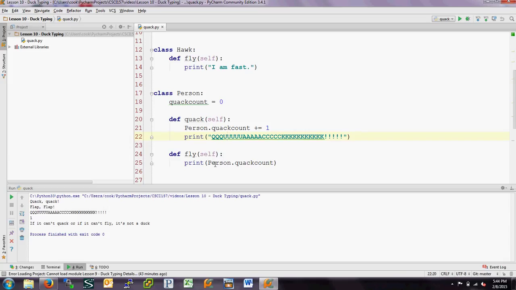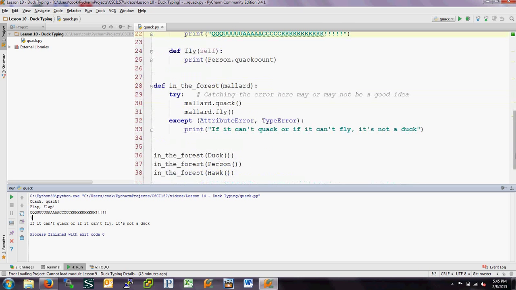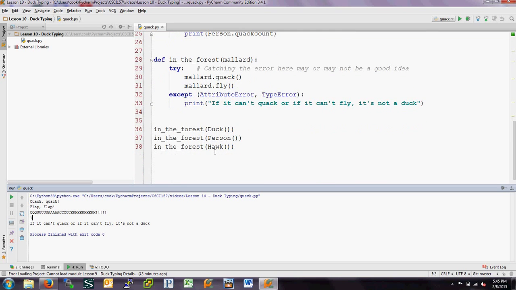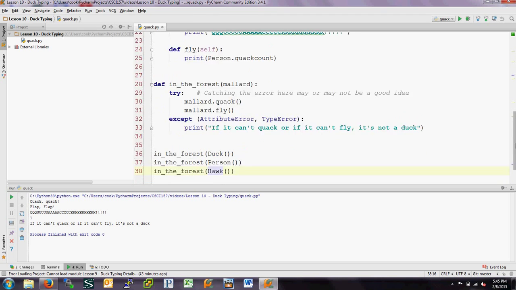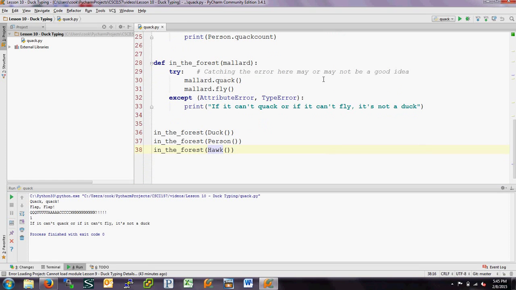And then when we do the flying, we actually print the quack count, which is now 1. And then when we try it with the hawk, so we pass in hawk, and we call hawk.quack and hawk.fly, then we get an error. So it doesn't do anything in this try block. It goes right to the exception and says, oh, it couldn't quack, so it's not a